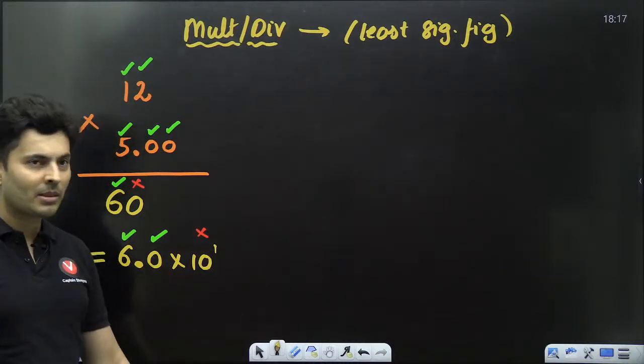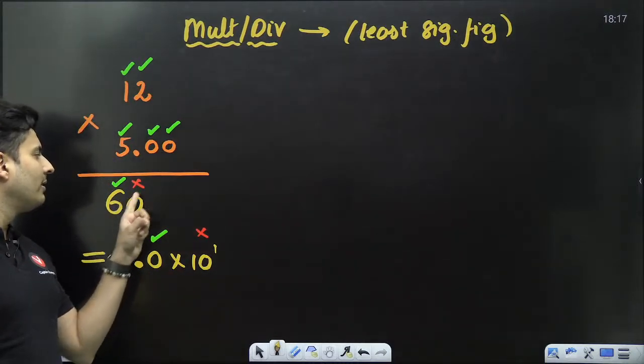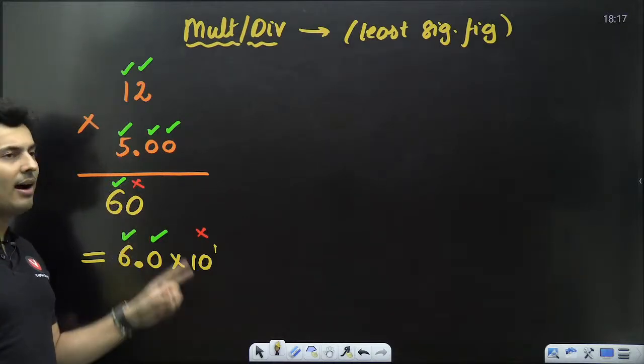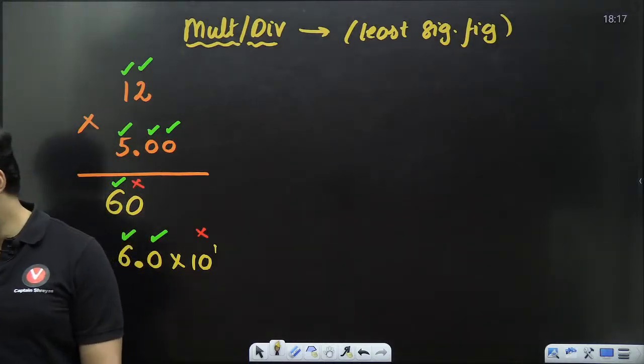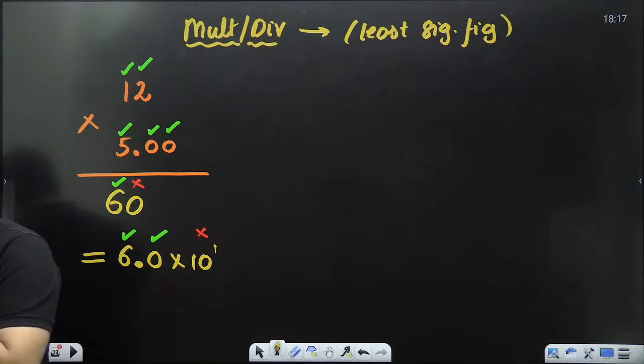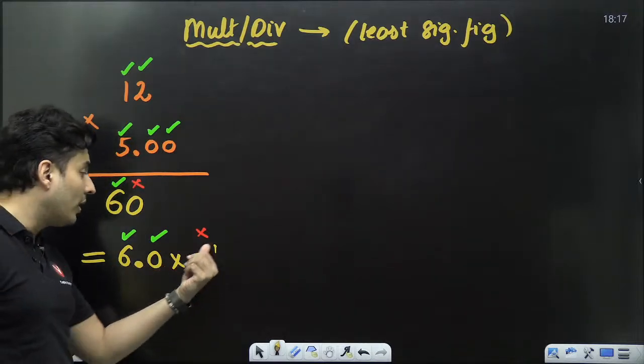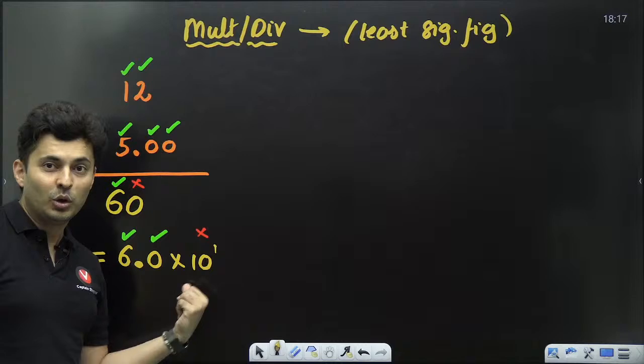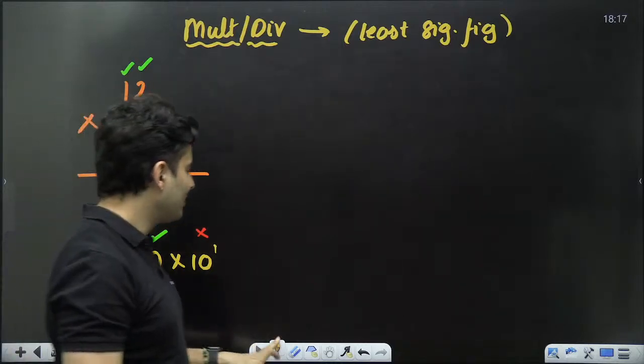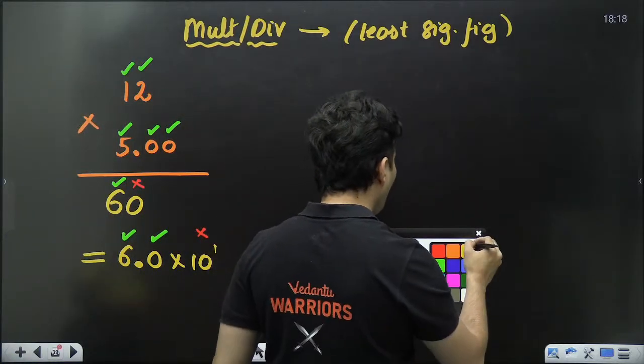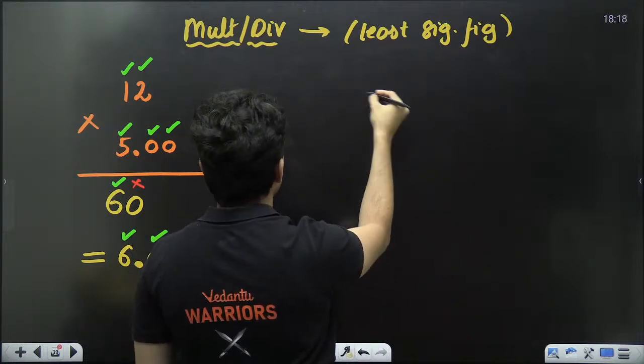Isn't it amazing? Because this 0, no matter what you do, will be insignificant unless you put it after the decimal. Very good. So don't put just 6.0, also put 10 to the power 1. Don't forget that 10 to the power 1, or else you will get a wrong answer. Okay. Now, I can also do some kind of division, like